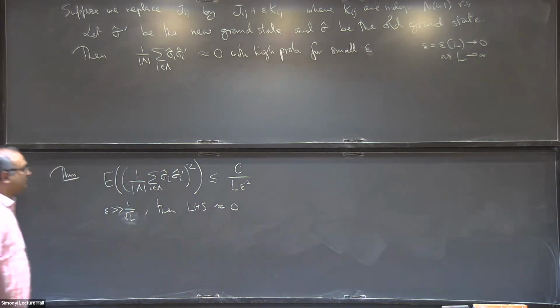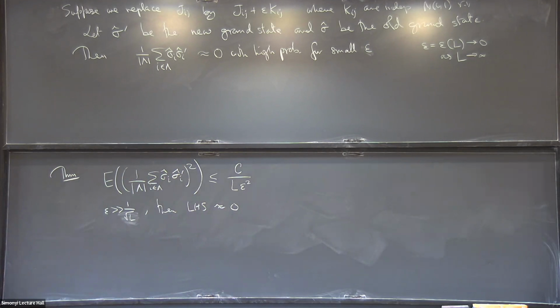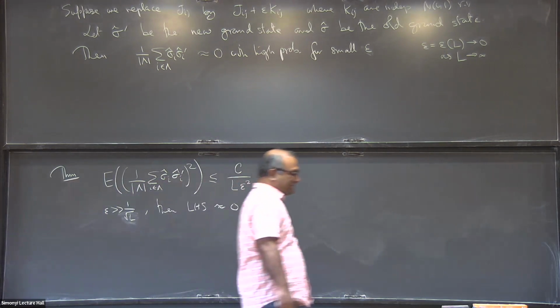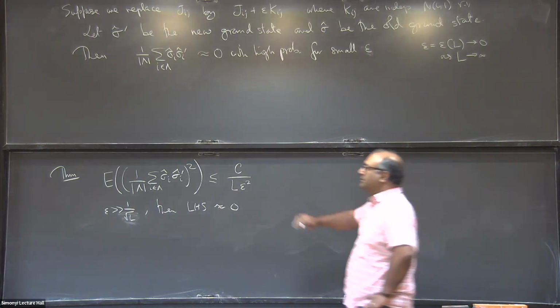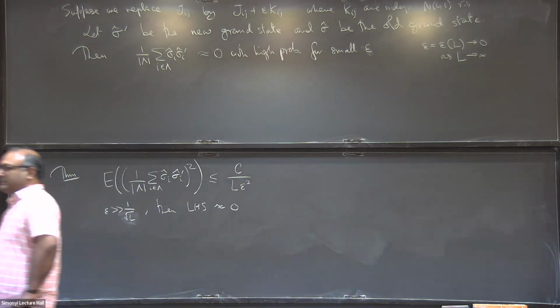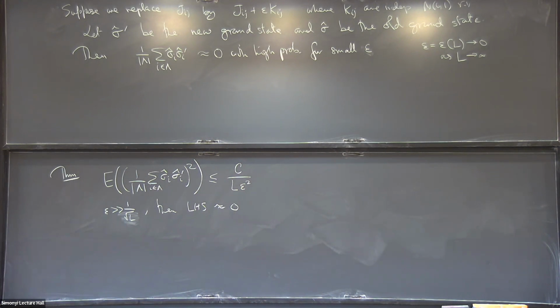So the expected value of the overlap squared is small, and if the expected value of the square of a random variable is small, then the random variable is small with high probability. You can easily prove that. So yeah, I think this is right. And you get improvements as you go to higher dimensions, but this I think is generally true in all dimensions. So this is what I will now prove. Any questions about this?